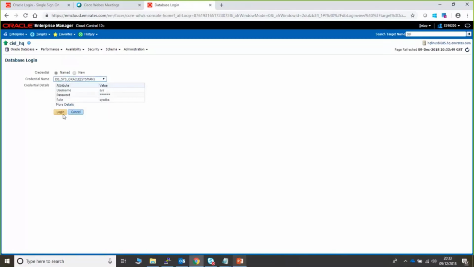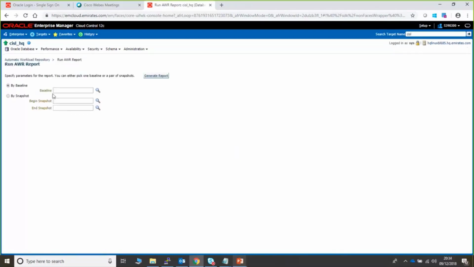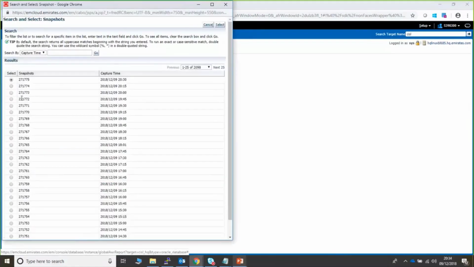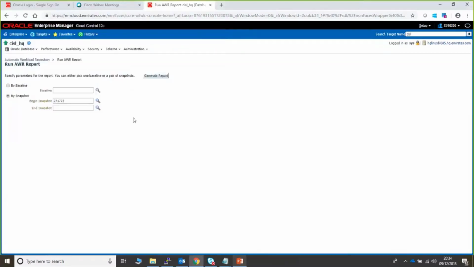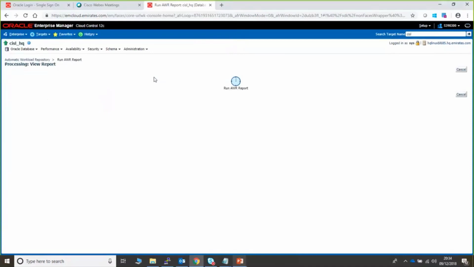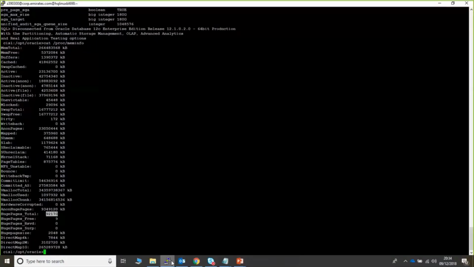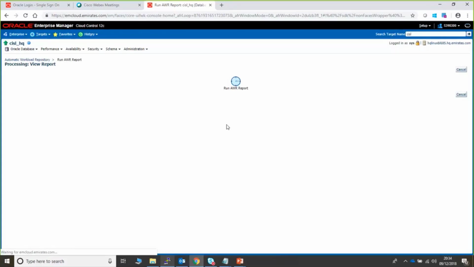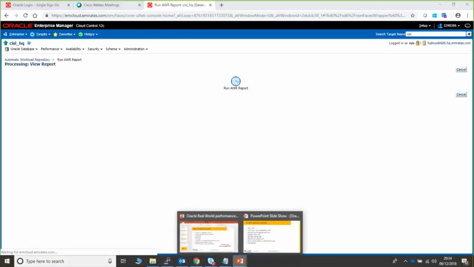Program, system. So this is the snap. We have to give the right snap value, starting with, for example, I need to connect from 8 to 8:30. Generate report. Alternately, you can go to the server and run the AWR report, where you'll be able to see it in HTML format or text format. This is much easier, and because we have many databases, it's a repository kind of thing, so we're used to this environment and to checking the reports. This will take a couple of minutes.